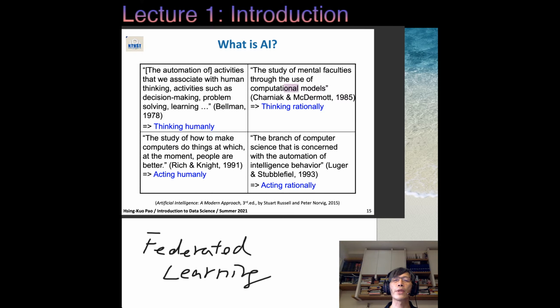So we all know that thinking rationally and thinking like a human may not be the same thing, right? Sometimes the human may do something not rational. So usually, if we want to ask a machine to do something, maybe we want to focus more on thinking rationally, right? So down to the bottom, it's all about action. On the left, we say acting humanly, acting like a human. On the right, we say acting rationally, meaning acting in the right way, right?